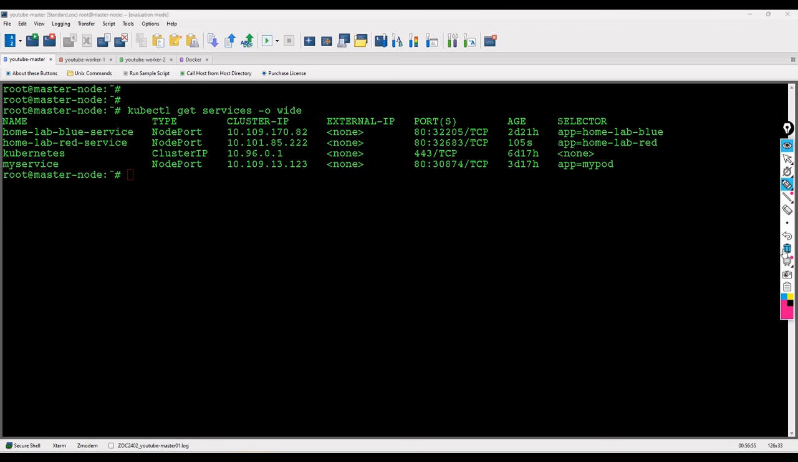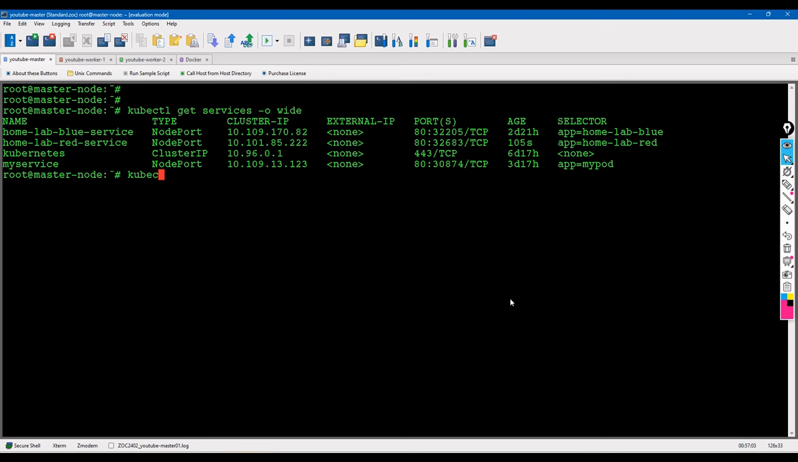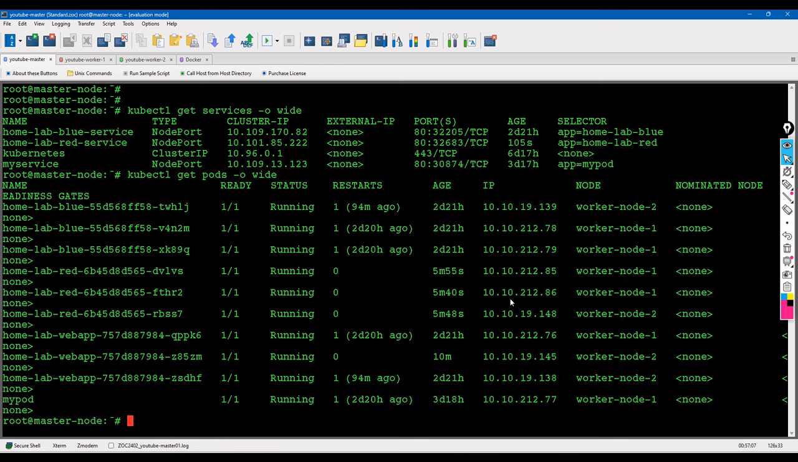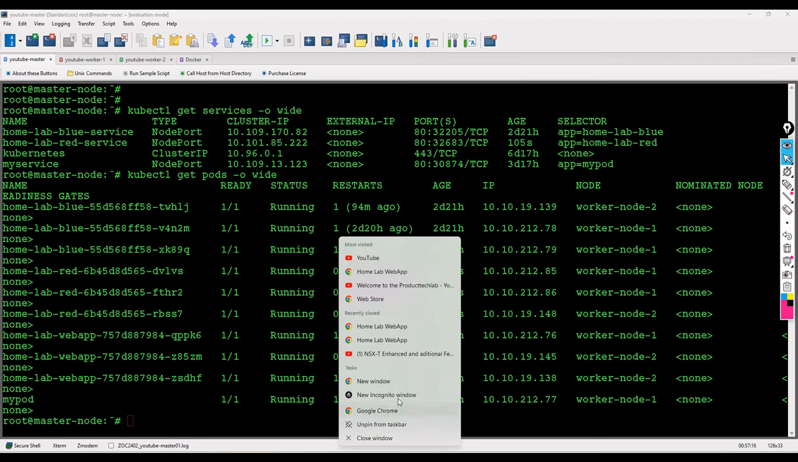So if I access any kind of application, you can see kubectl get pods -o wide. There is blue and red working on worker node 1, worker node 2, and these services. If I do one thing,